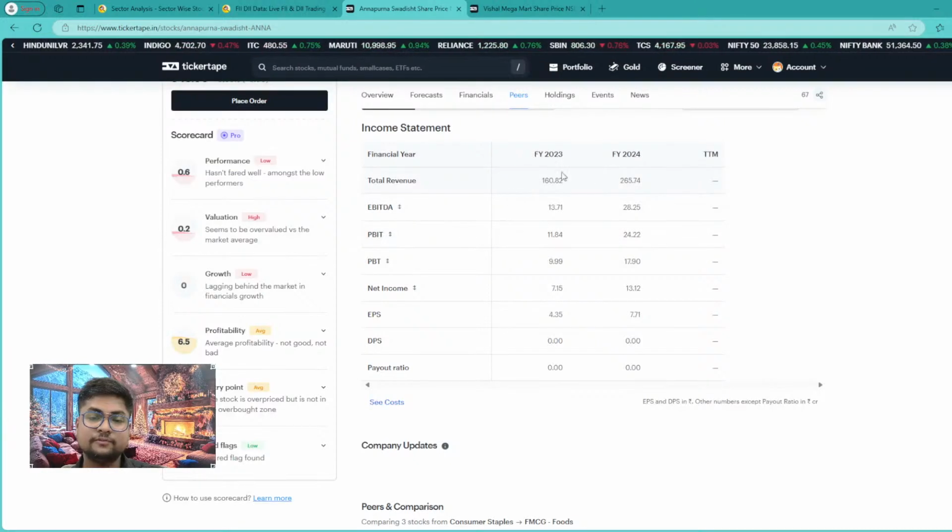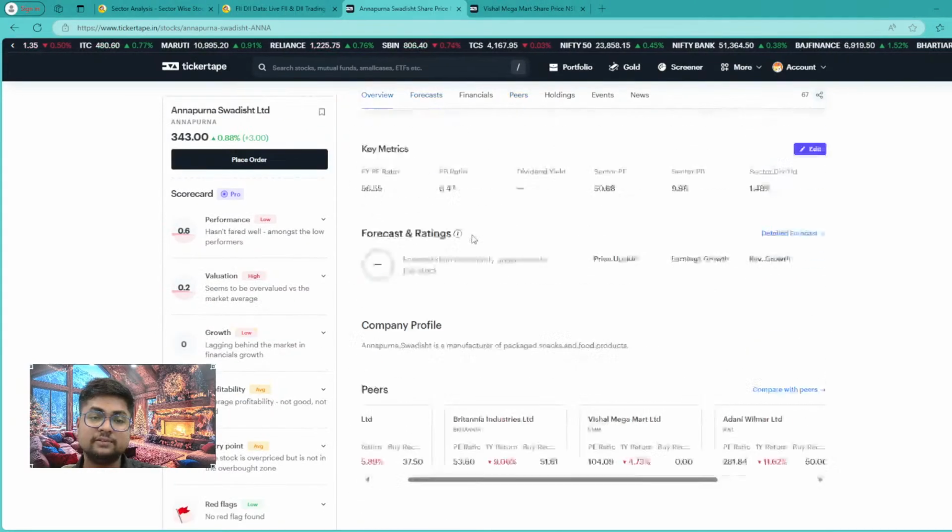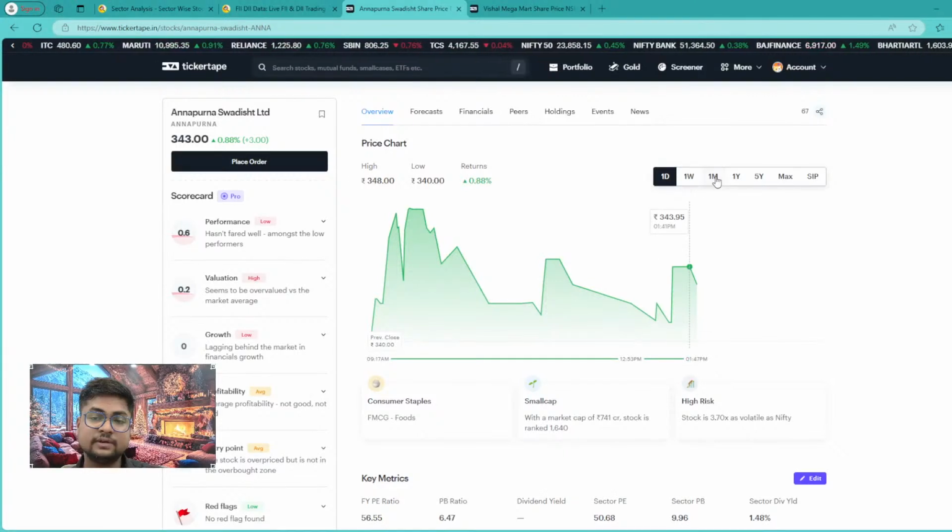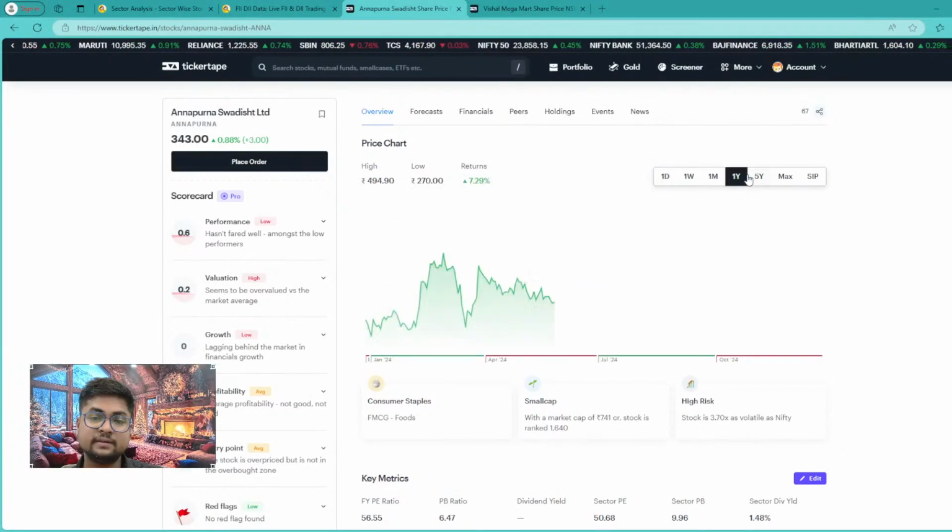For the last 2 years, just have a look. Its revenue has increased from 160.82 crore to 265.74 crore. So the revenue has increased consistently. If you look at the returns they are able to generate,